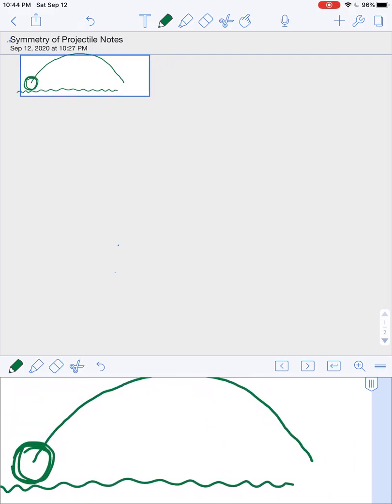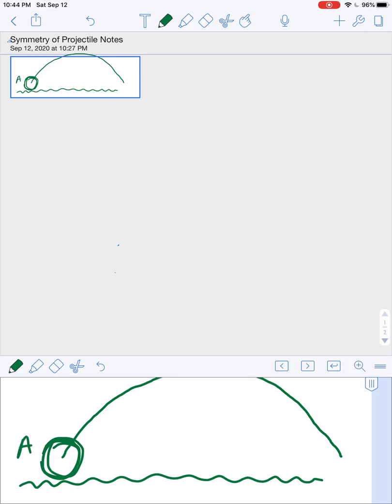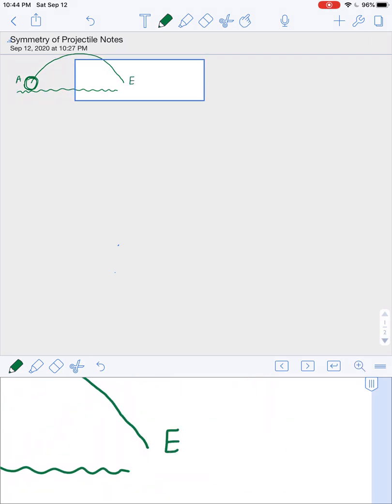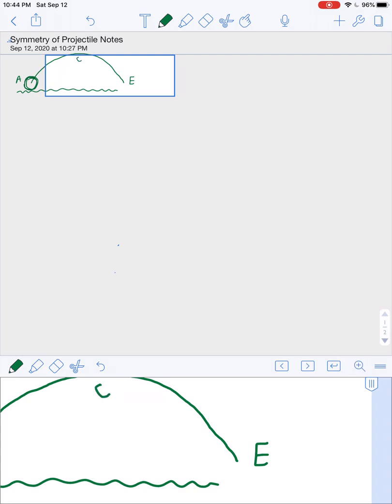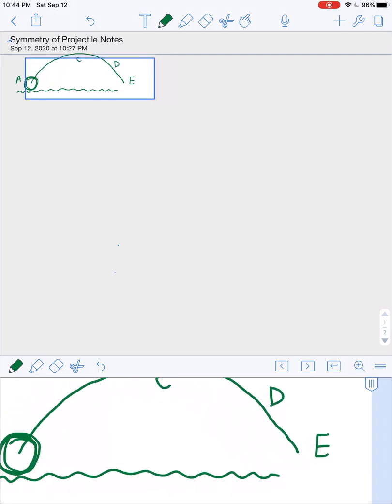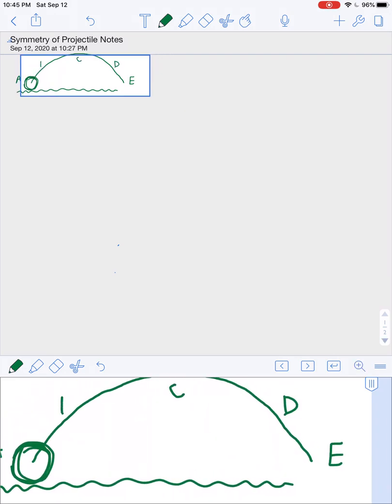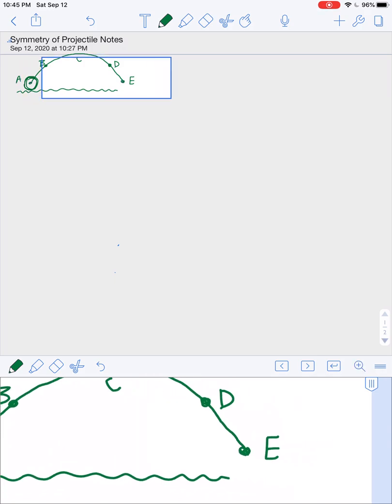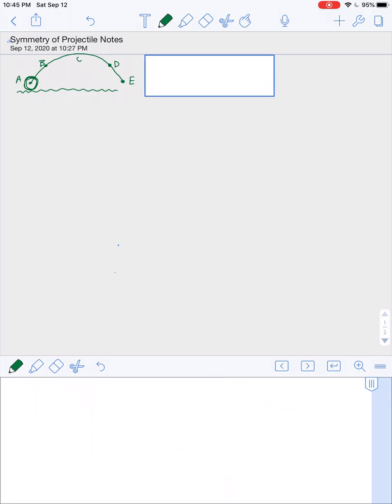And we are going to label these different points. This should feel kind of familiar, like the Nerf gun lab. B and D are at the same height. C is at the peak, and then A and E are also at the same height. So we're given some information that the initial velocity of this soccer ball